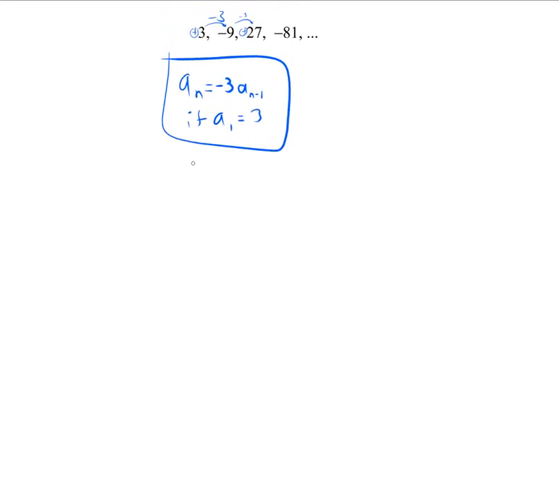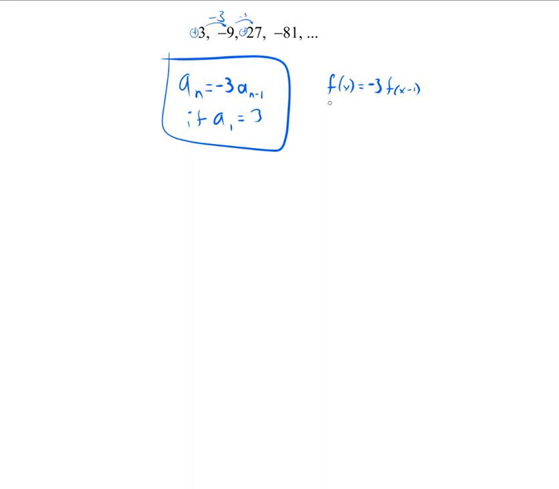If I wanted to do it with f of x, then it would look like this. f of x is equal to -3 times f of x minus 1,